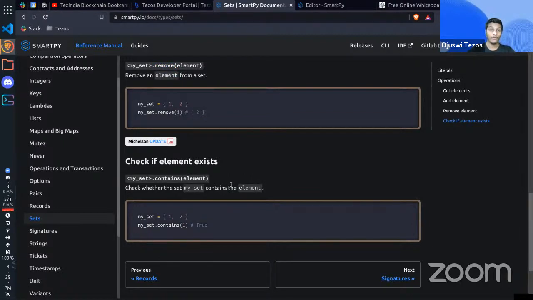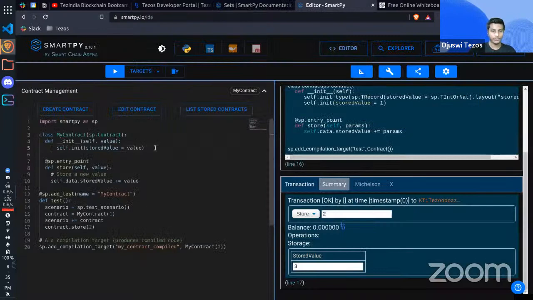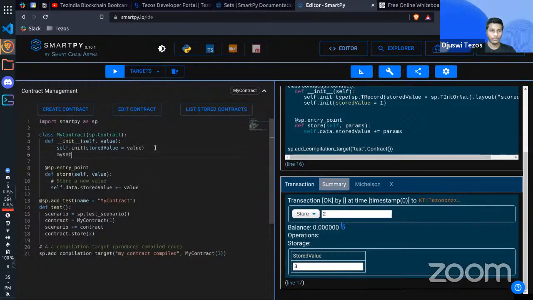So if you want to authenticate a person and you have multiple addresses which you want to authenticate, you can create a set of them, and if sp.source exists in that set, then it's authenticated, and if it doesn't exist, then it's not. So you can basically write it like this. Let's say there's a set named my set. We can write sp.verify my set.contains sp.source,